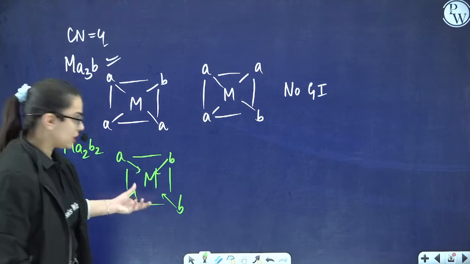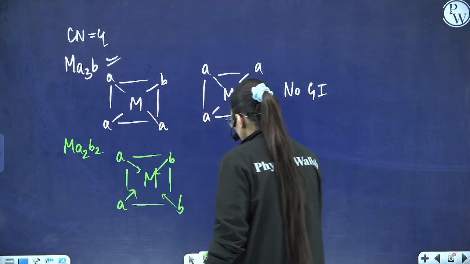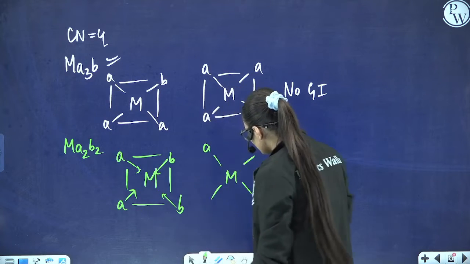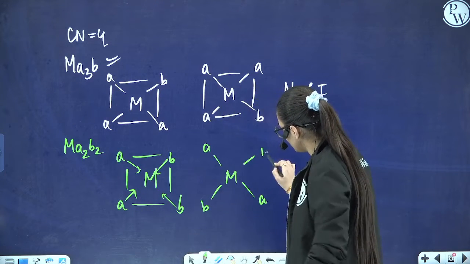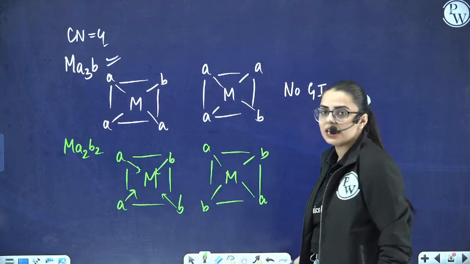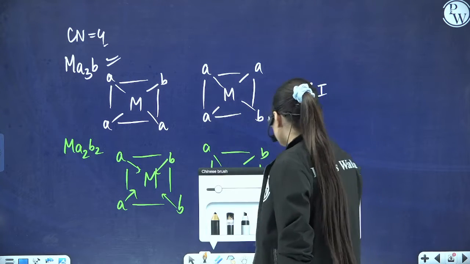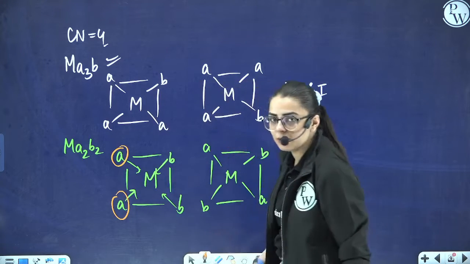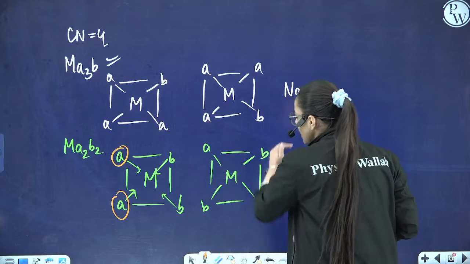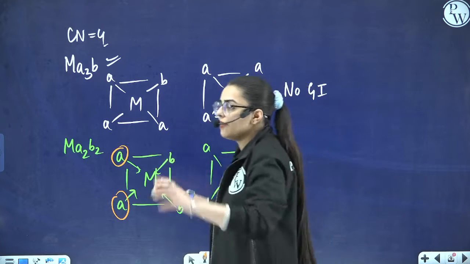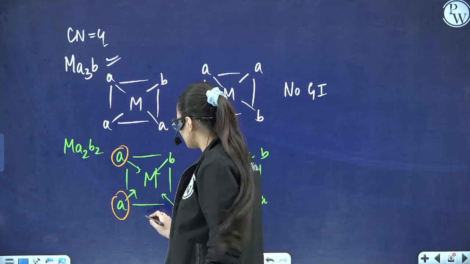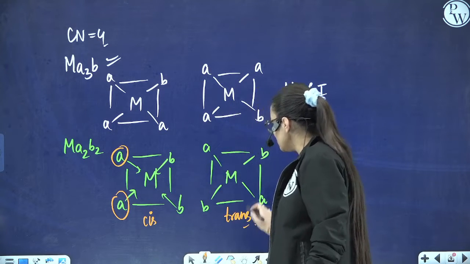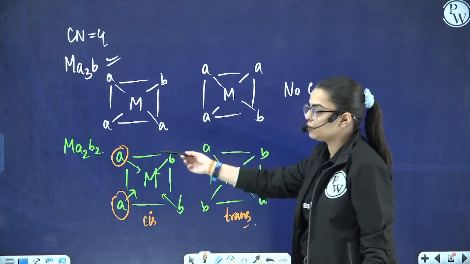Can you obtain more structures? Yes, ma'am. Which structure? See, if this is the central metal atom, again we have 4 ligands. Let us take this AA over here and this BB over here. Are they similar? No, ma'am. Why? Because AA lies on the same side and BB lies on the same side, but over here A is lying on the diagonal while B is lying on the diagonal. When 2 same atoms are present on the similar side, it is referred to as your cis structure, and this shall be your trans structure. So you can obtain geometrical isomers of the Ma2B2 structure.